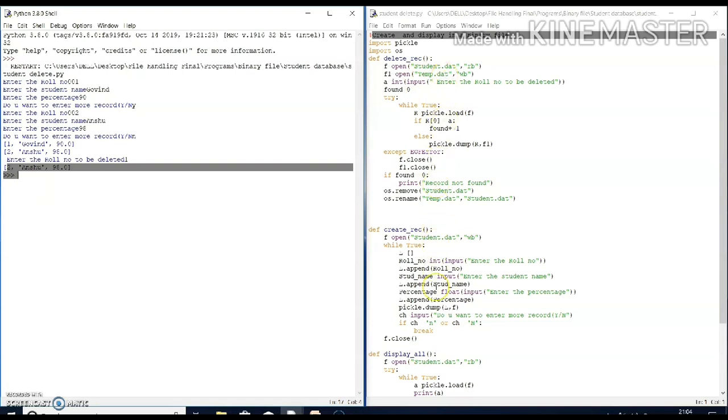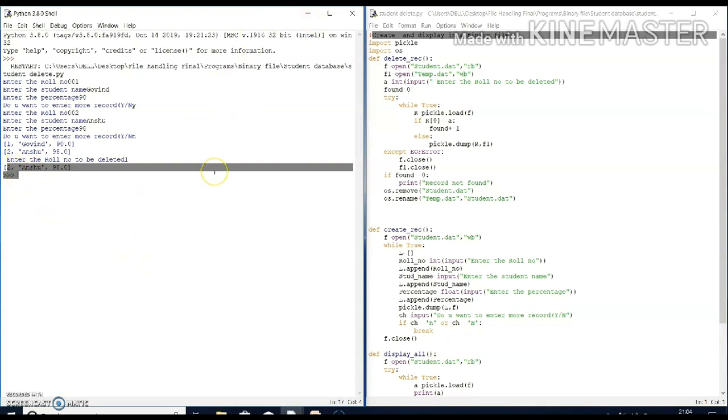All the data, matching or not, is copied into temp.dat, and then I rename that file to student.dat, so the record is stored in the original file.